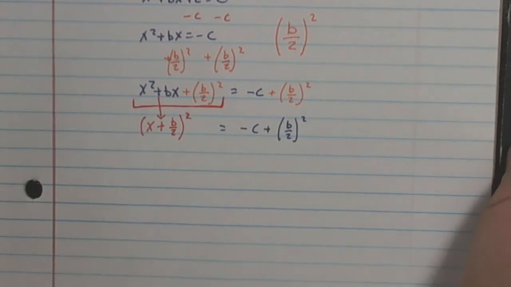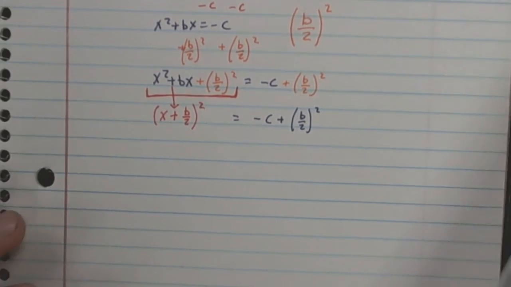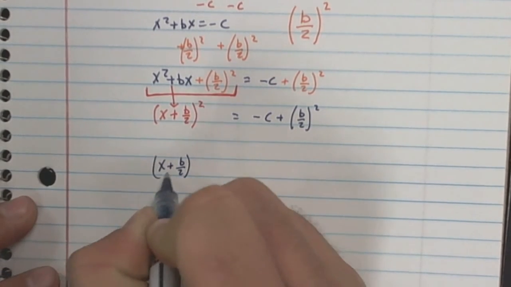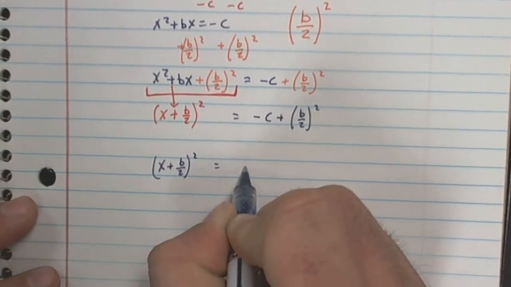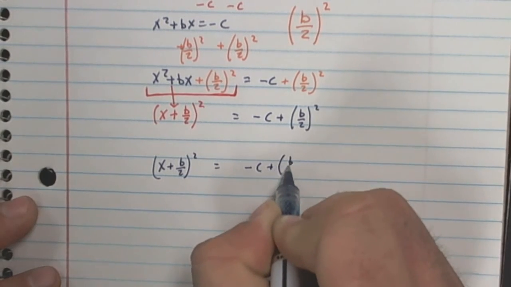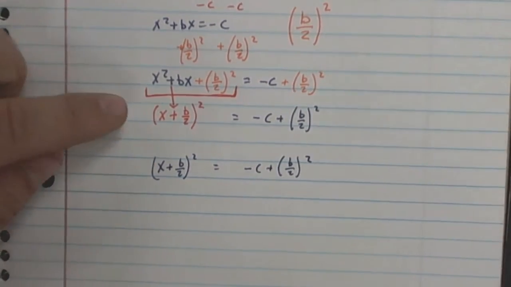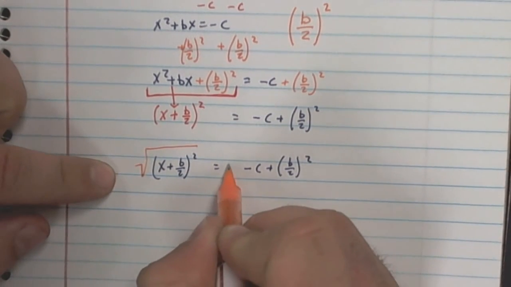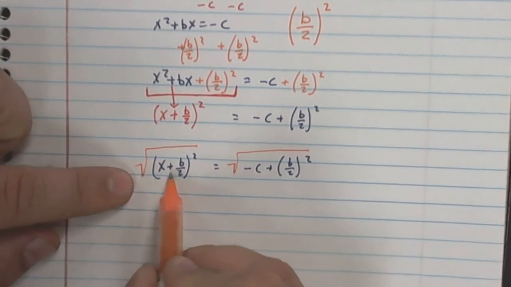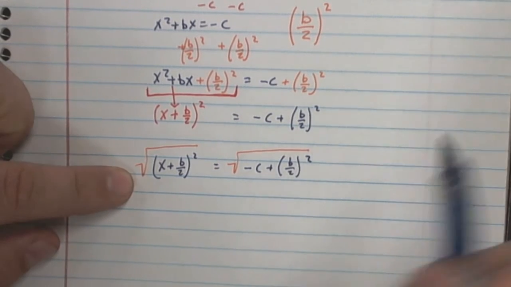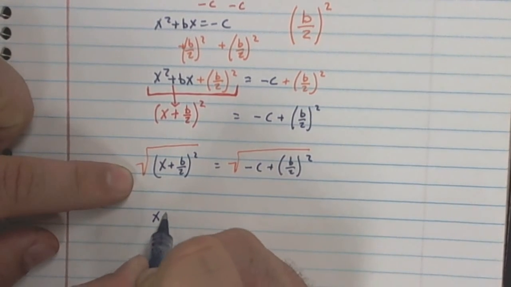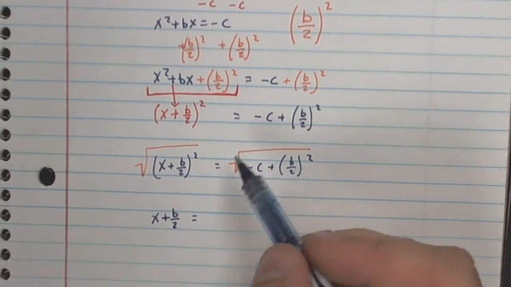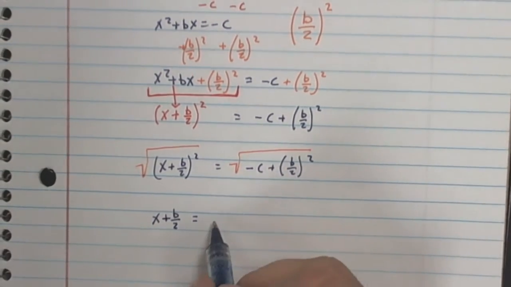Now, in order to get x by itself, the next step is I'm going to take the square root of both sides. So I would have x plus b over 2 squared is equal to negative c plus b over 2 squared. I just rewrote this, and I'm going to take the square root of both sides. The square root of something squared is going to leave me x plus b over 2 is equal to, now here's the cool part, don't forget it's plus or minus,